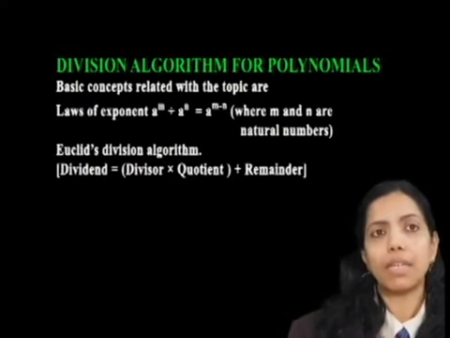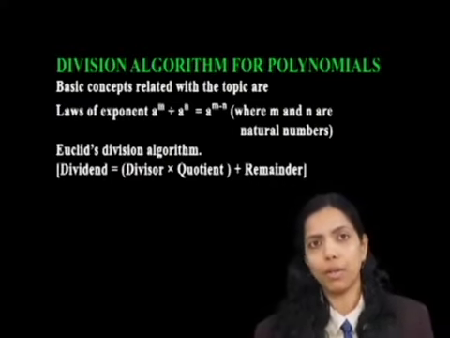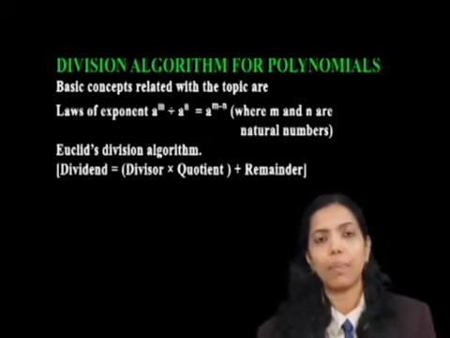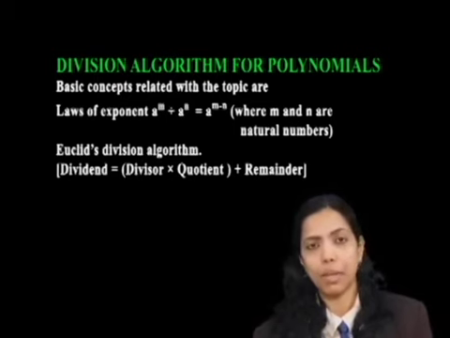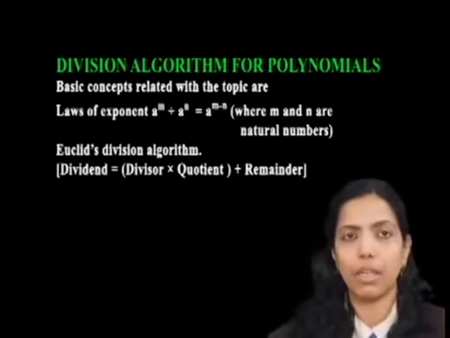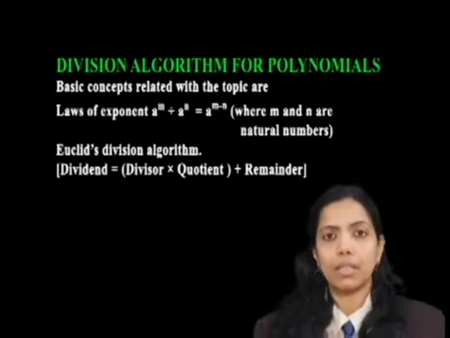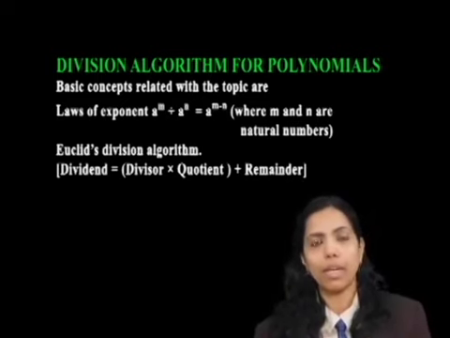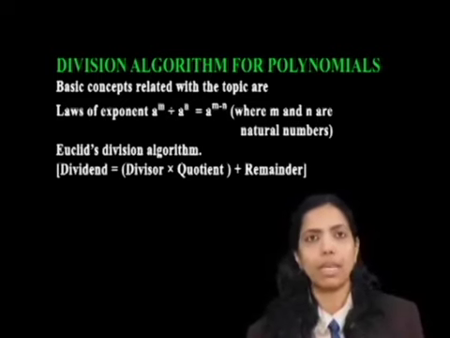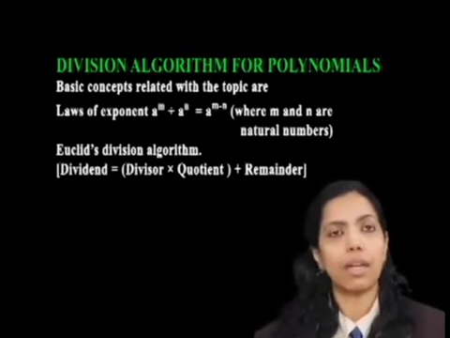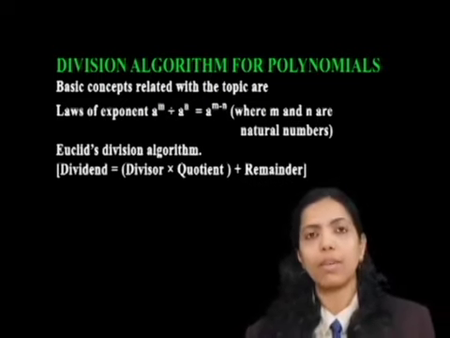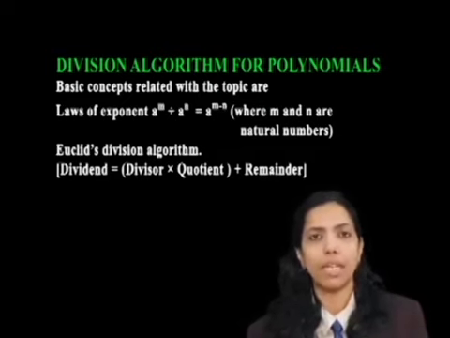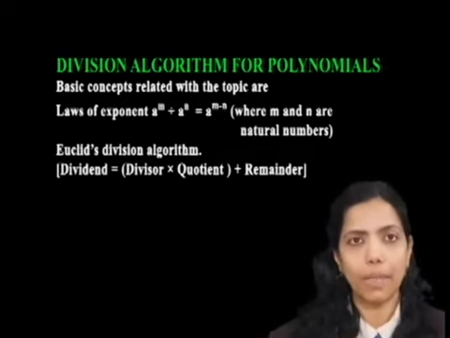Now, which are the other basic concepts that we need for the division algorithm for the polynomials? Of course, it is the division of the polynomials that we did in grade 8. There we applied the laws of exponents related to division. Can you remember what it is? It is nothing but the law of exponents: a to the power m divided by a to the power n. It is equal to the same base a, and the exponents are different. So what can be done? We have to subtract the exponents. So it is equal to a to the power m minus n, where m and n are natural numbers.